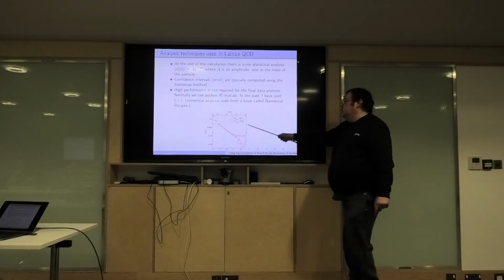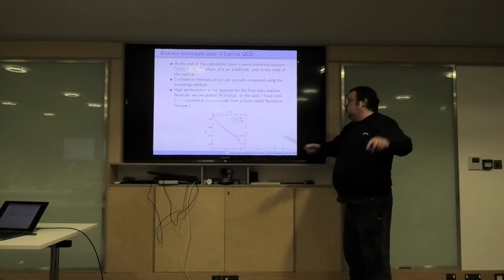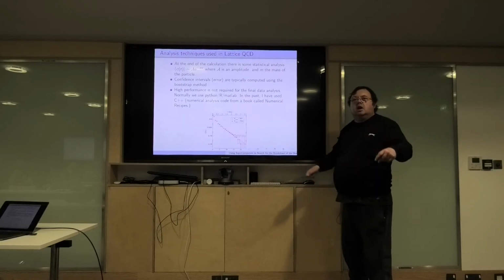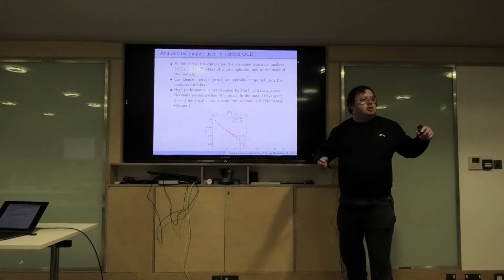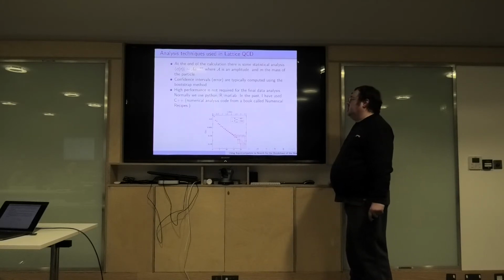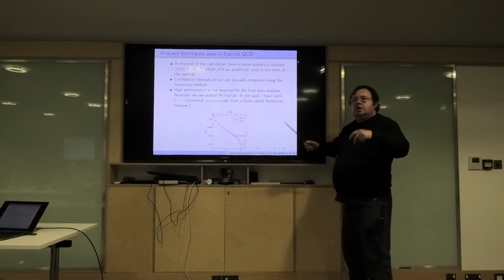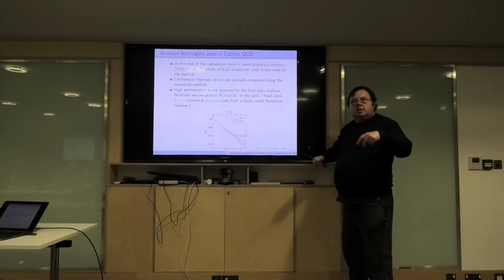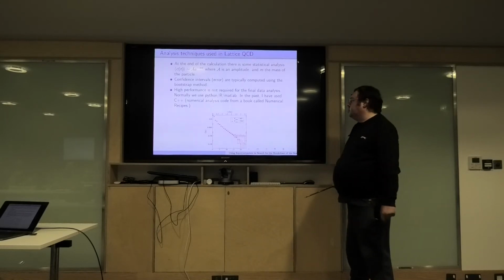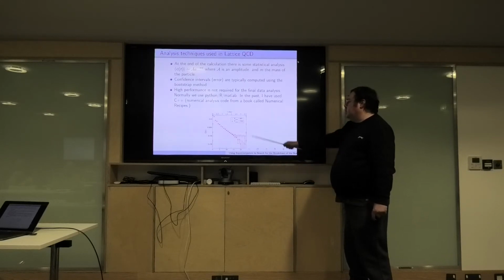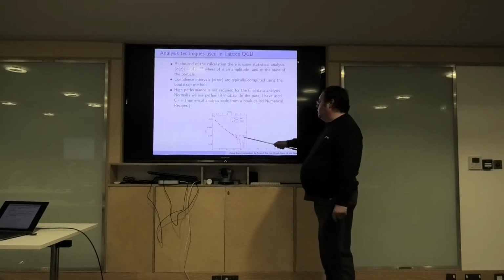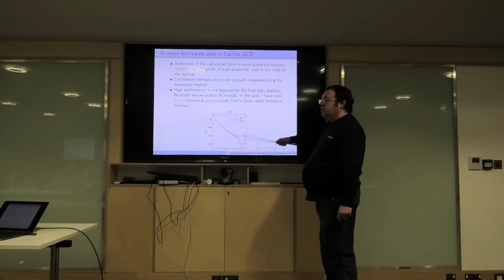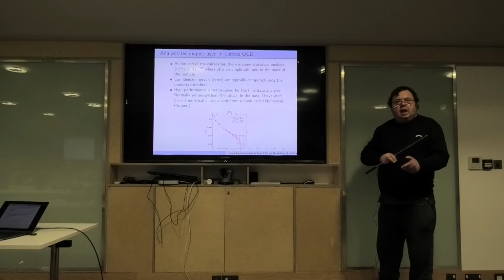So there's a supercomputer stage. When we get graphs like this, it's Python time. Some people use R, and I've used C++ in the past. There's a book called Numerical Recipes, but most of us learn numerical analysis techniques along the way. Then we use a technique called bootstrap to get the errors. One of the issues is that these things are very, very noisy, and we want to reduce the errors at these large time points. We're going to have to be a bit more clever to do that.